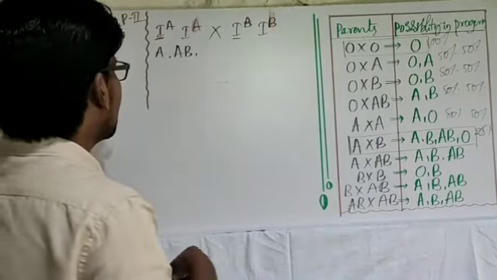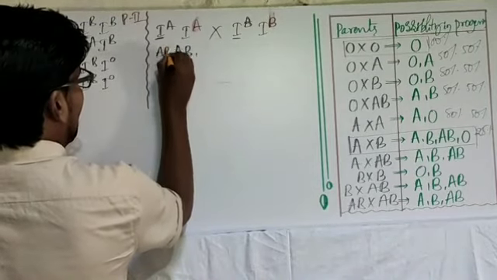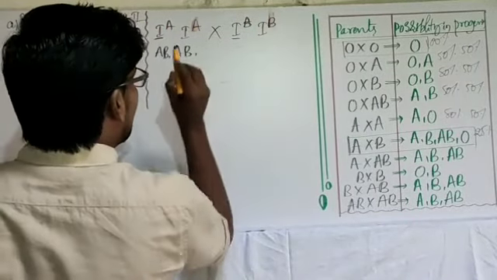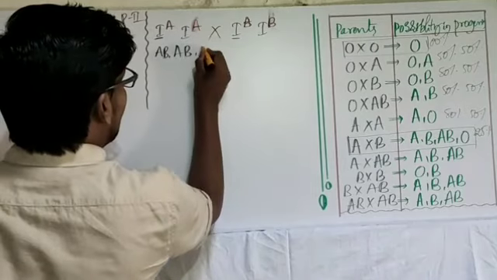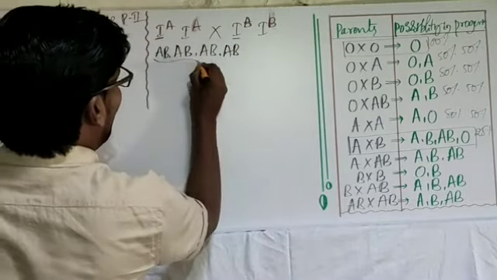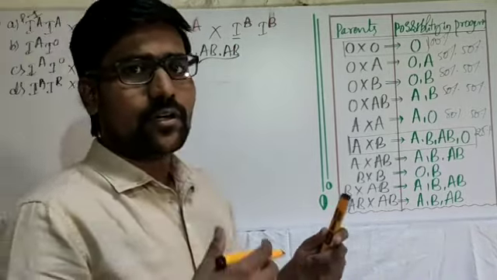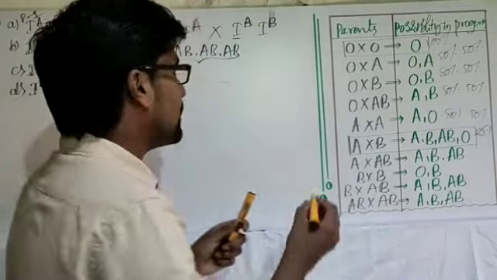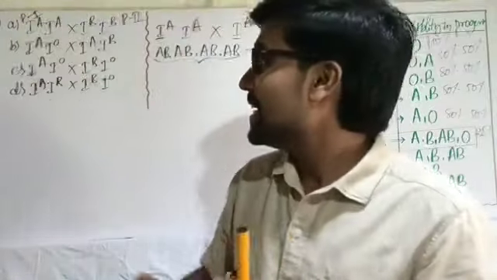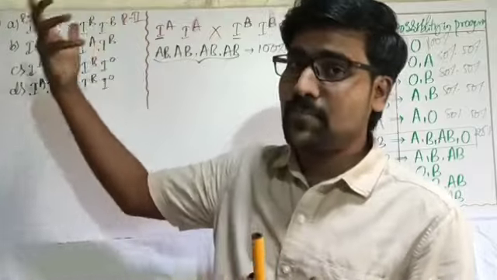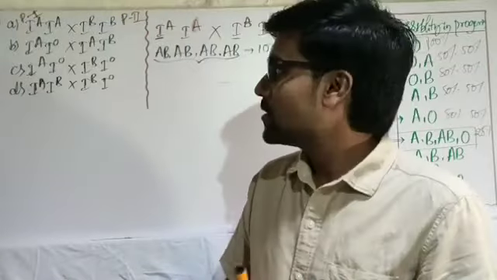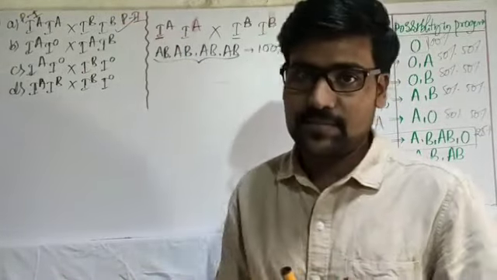Okay, now. So first one is AB, A and B, AB. Second one, A and this B, AB. Now second allele from this one, A and B, AB. Next, A and that B, again AB. So all the 4 children, they will be having only AB blood group. That means 100% only AB blood group. But the thing is, one parent is A blood group, one parent is B blood group, but all the children will be having only AB, not A, not B, only AB. So we can predict this one as the first answer.